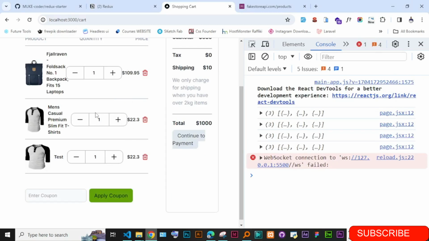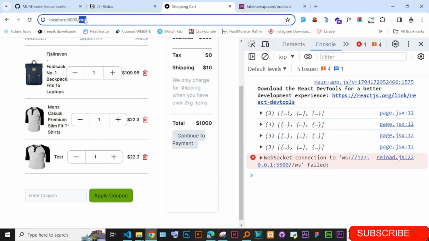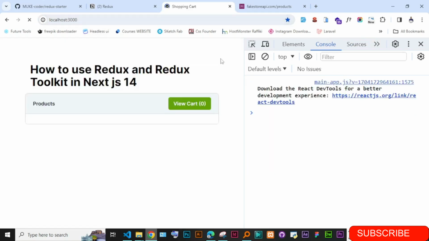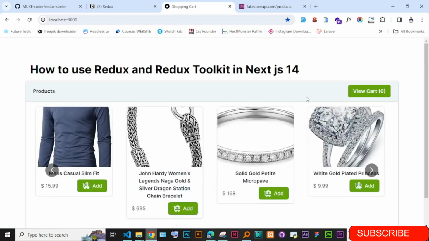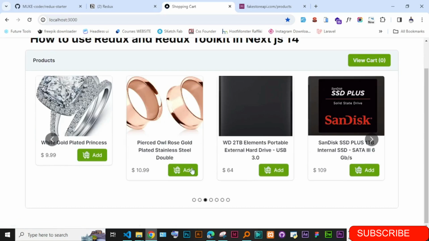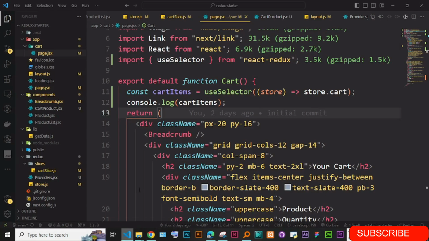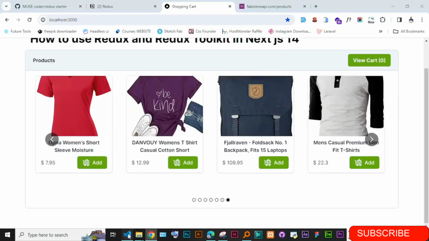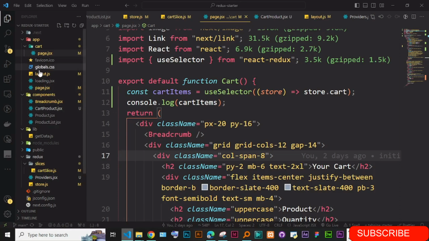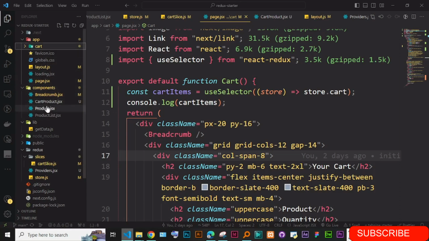I think you understand. Let's go back to the home page. It is where the second thing needs to happen. So on the home page we have all our items here. If we click on add, we need to fire up this function. Okay, so let me go to this product. This one is in the product component. If you come here in the product,